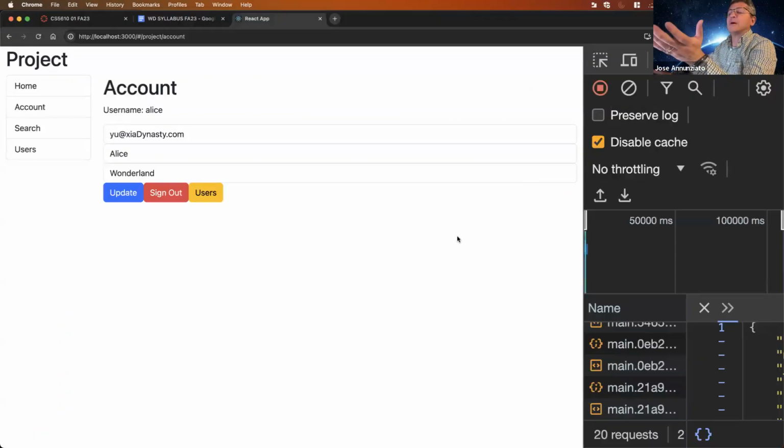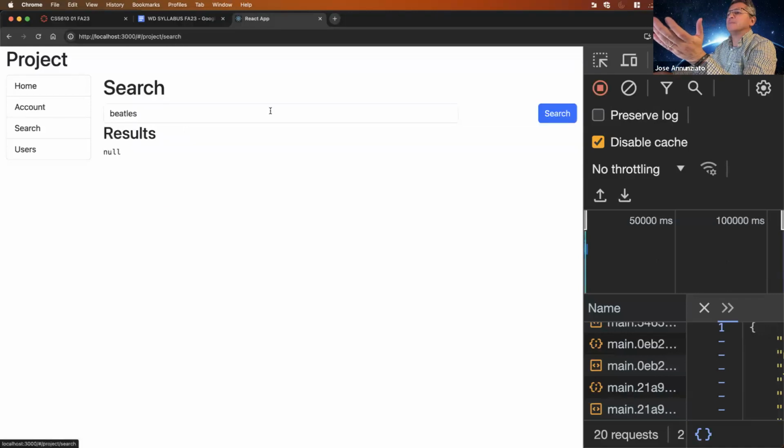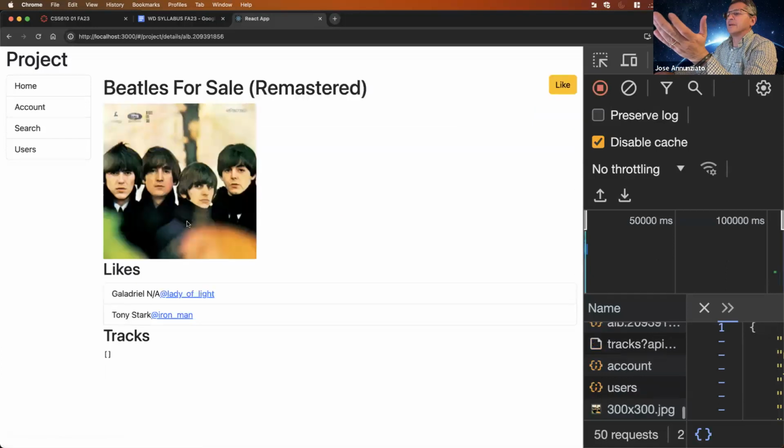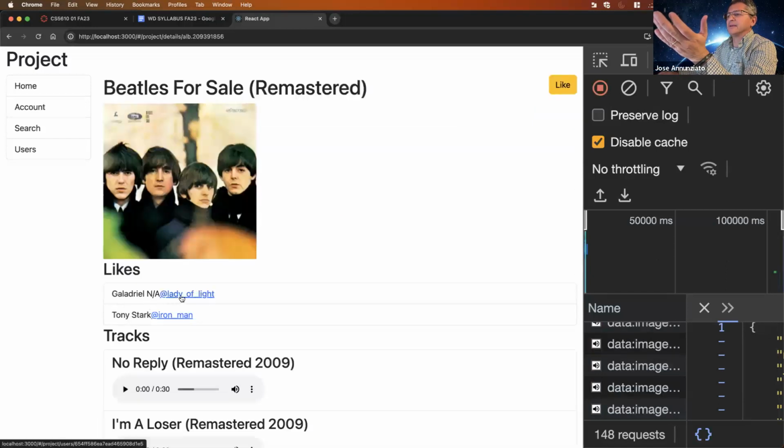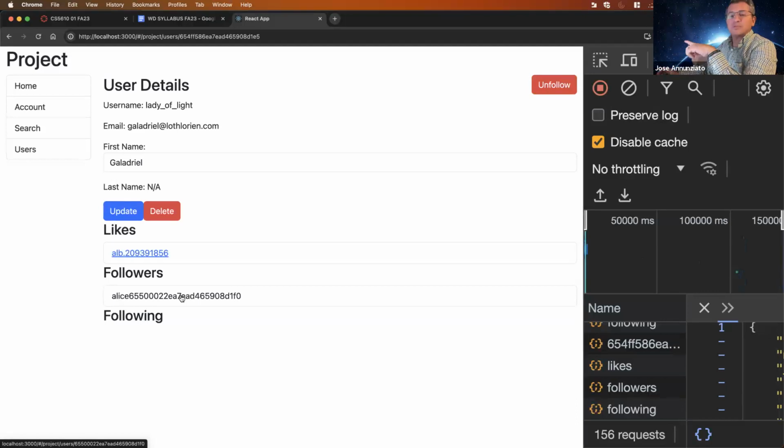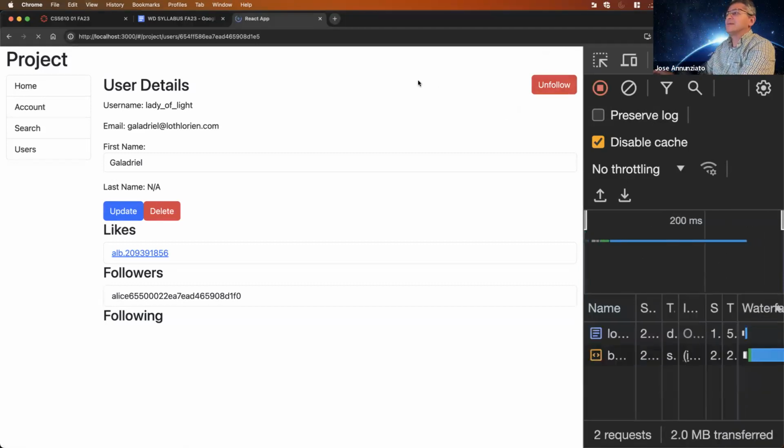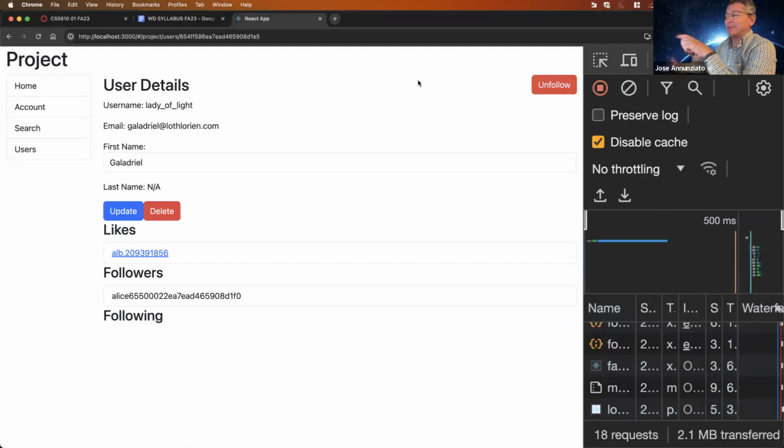So now if I go to say Beatles and if I go here and I navigate to Galadriel, I know who's logged in. It's here. It knows, see that on follows? It knows that I'm already logged in there because I have the current user. And if I refresh, I still have the current user, right? Because it goes and fetches it from the server, populates the reducer, and now the reducer, I can select it, right? And I know who's logged in.